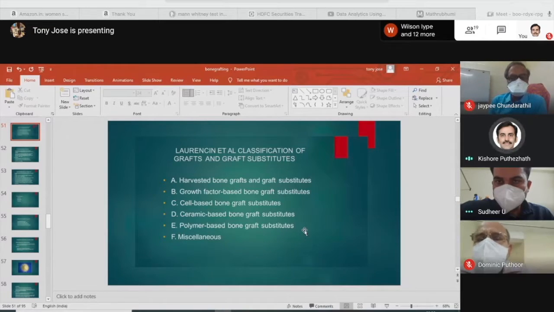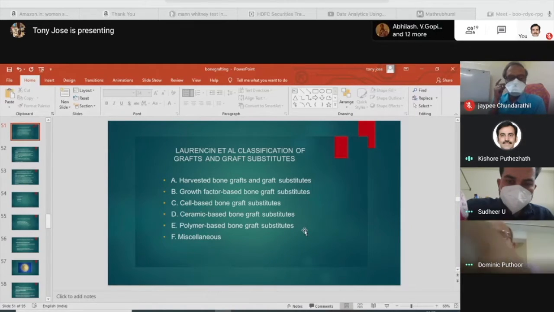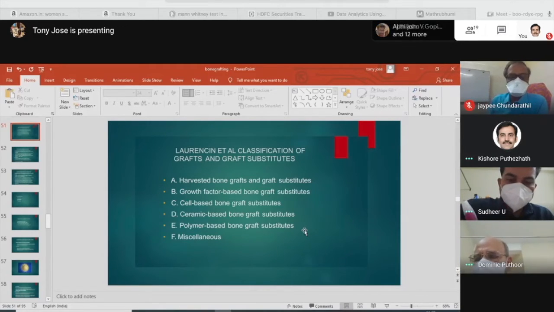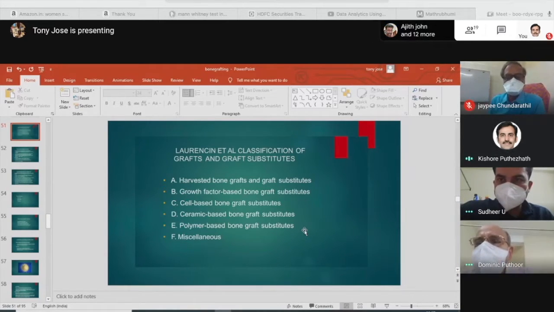Hydroxyapatite is generally marketed as G-Bone. That is easily available. Calcium phosphate generally comes as a paste for injecting into cavities or into the spine. They have different properties. Some are more liquid, especially if you want to inject into a vertebra. It will be thicker when you are injecting to fill a cavity. So these are the first group of substances.